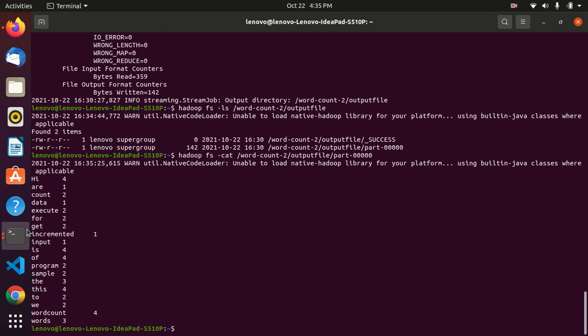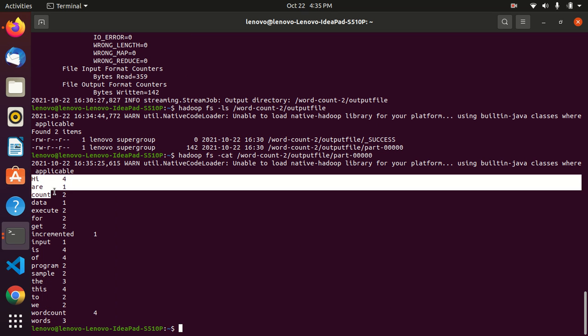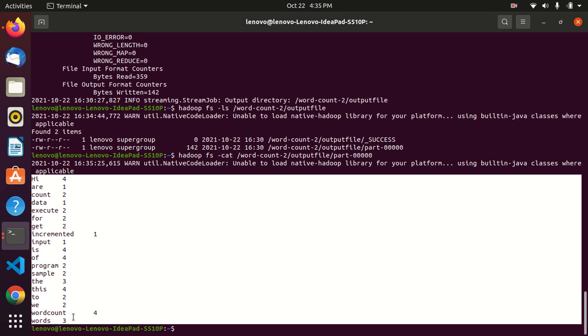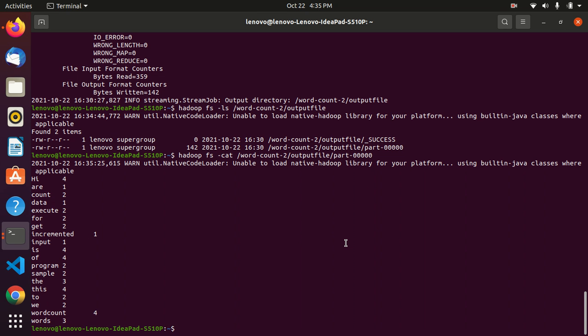So this is our final output that we got generated. So this way we have all the things noted, and this is the word count which is executed locally, and finally we are done with executing in the Hadoop framework as well.